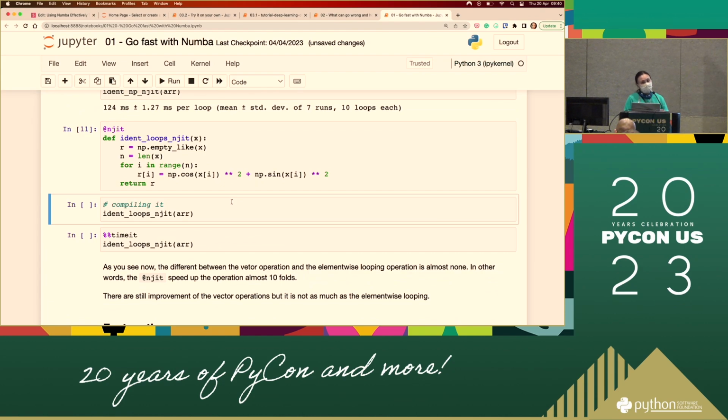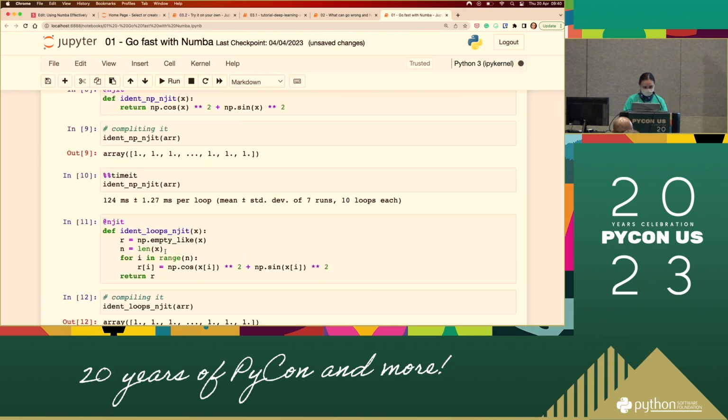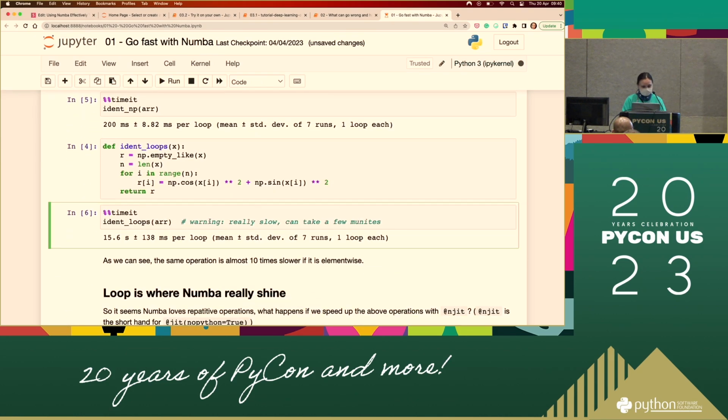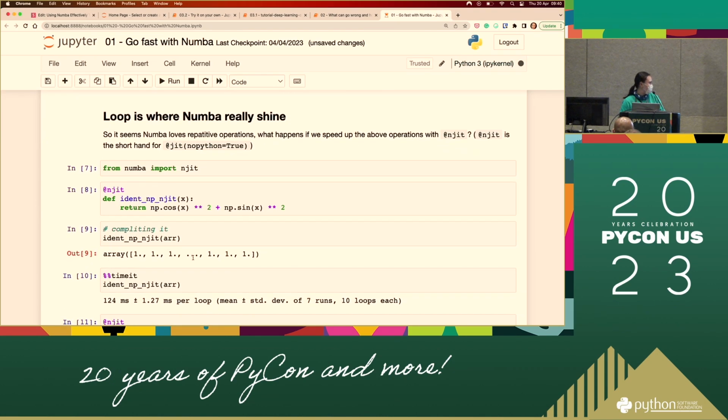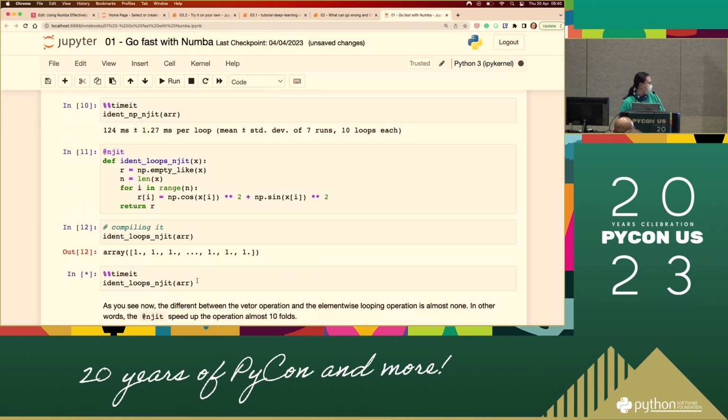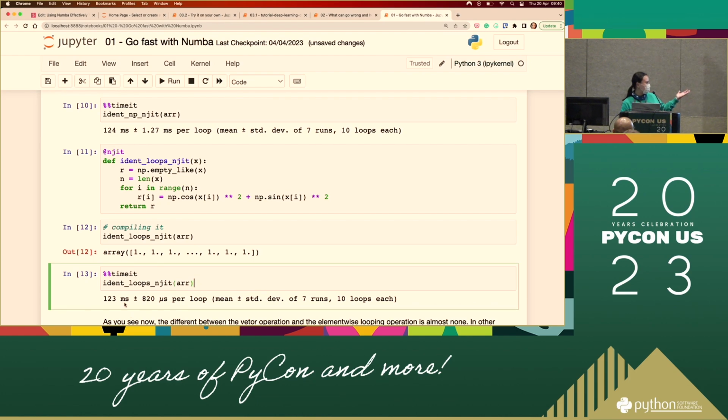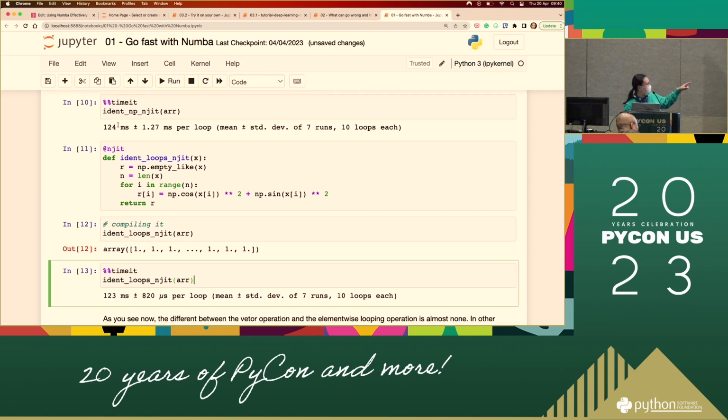But this element-wise thing, right? This thing that you try to avoid very hard, but sometimes you can't avoid. Now, Numba is going to be a Superman and come and save you. So let's compare this to the one before. This cell, I gave you a warning that it takes a long time to run. But this one is still running, but already... yes, it's fast. It's already done. And this one is actually even faster than the original NumPy. So, wow, what happened here?